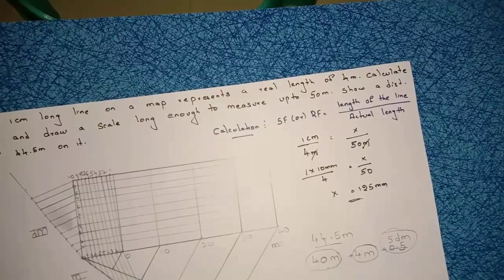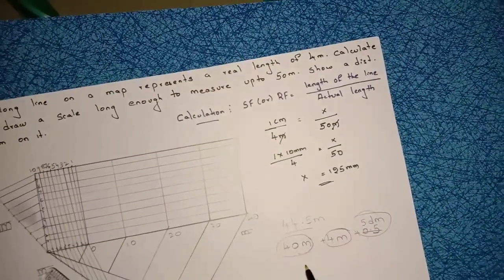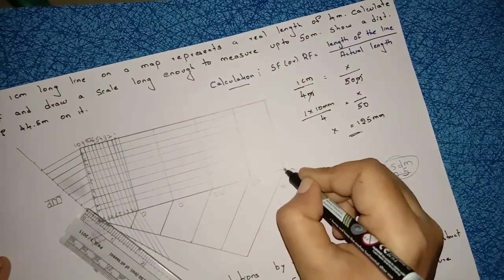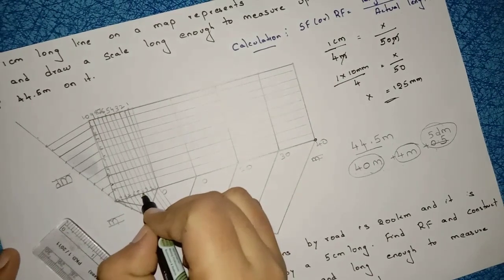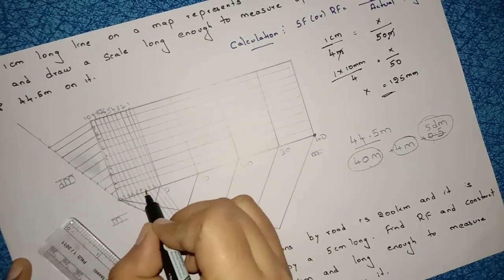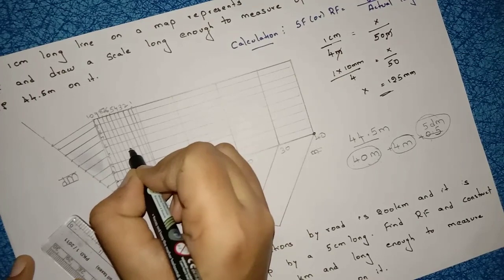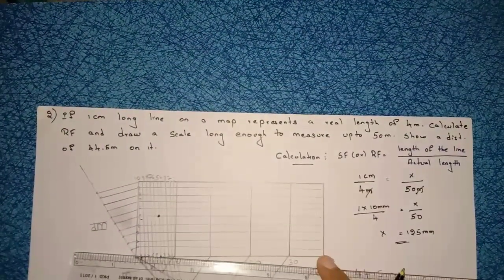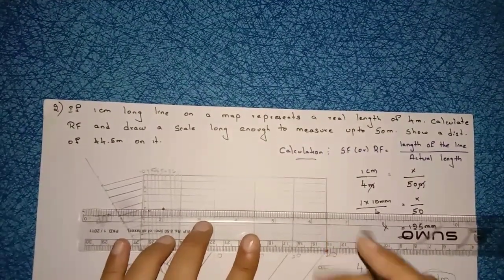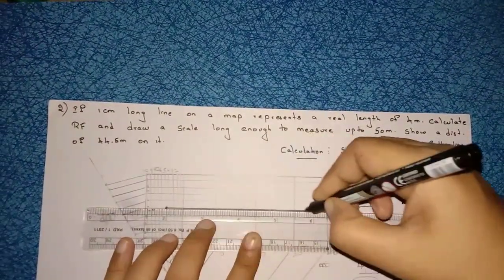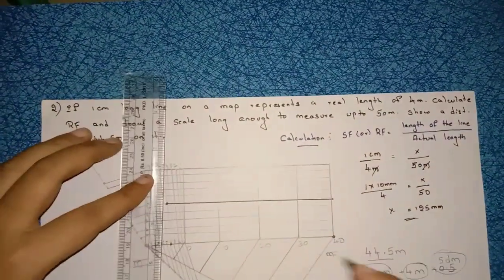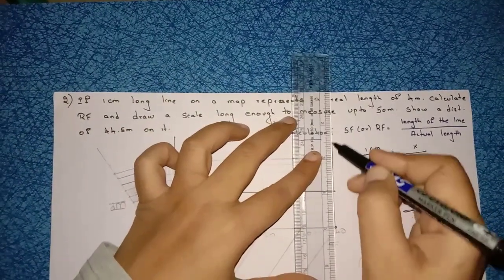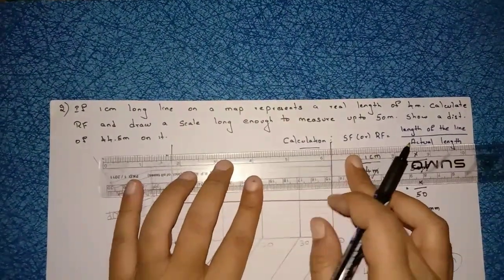Now what you have to mark? 40 meters, 4 meters, 5 decimeters. This is 40 meters, 4 meters, this is the point, 5 decimeters. So 4 exactly, this is the point, 5 decimeters, right? So from this point, draw a line, right? Now from this point, draw the extension line, draw the dimensional line,